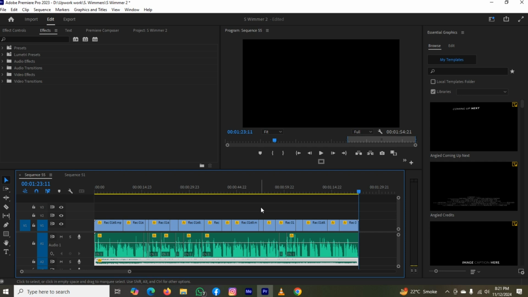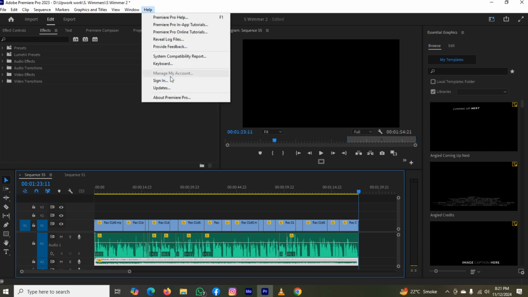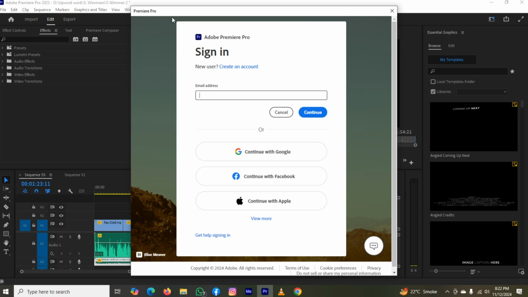All you have to do is take a look at the top left. You can see a few options, and from these, you can see the option of Help. Just click on it. After clicking on it, you can see the option of Sign in. Click on it. And here, you can see it's asking you to enter the email address, or you can continue with